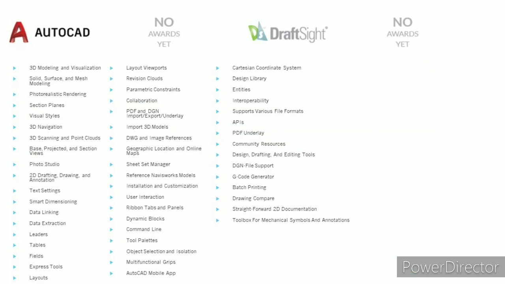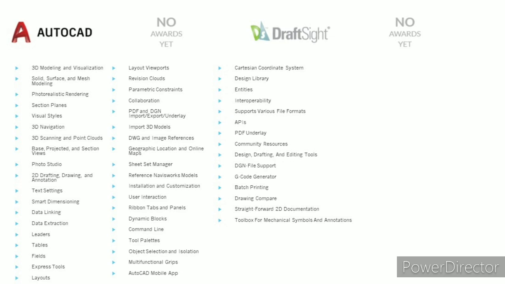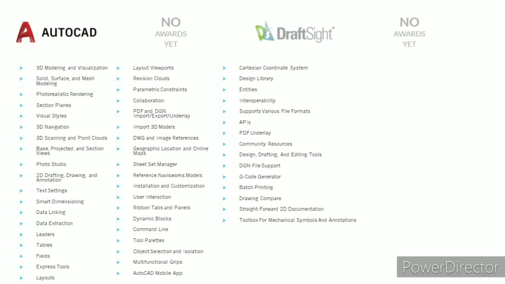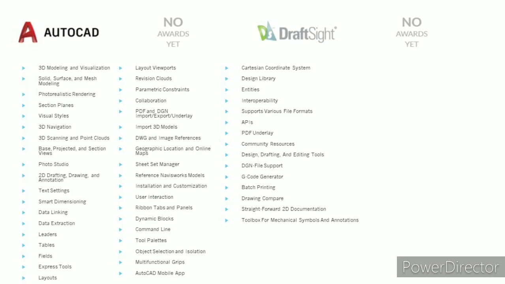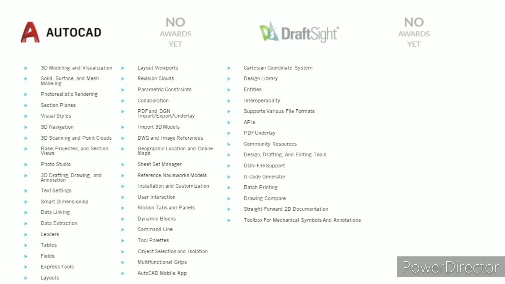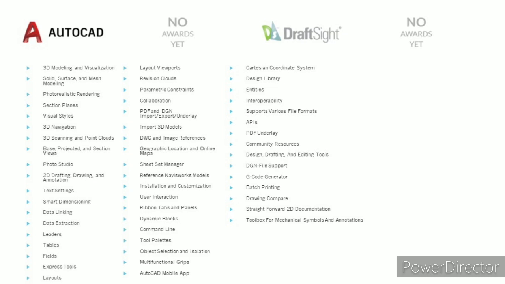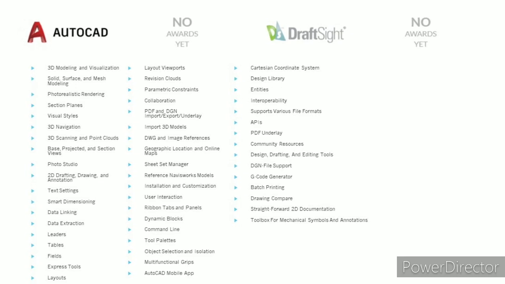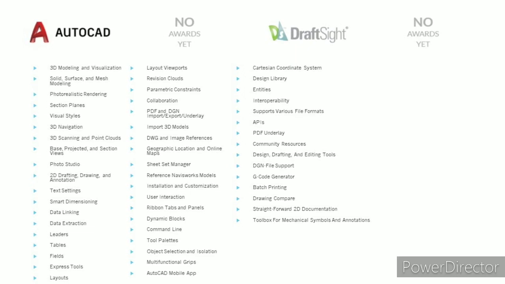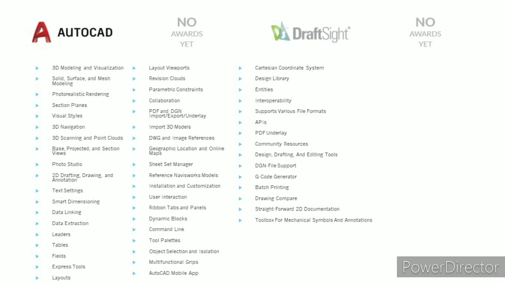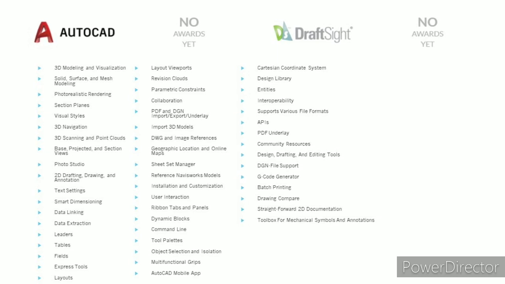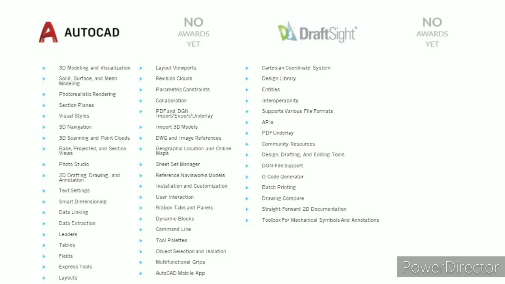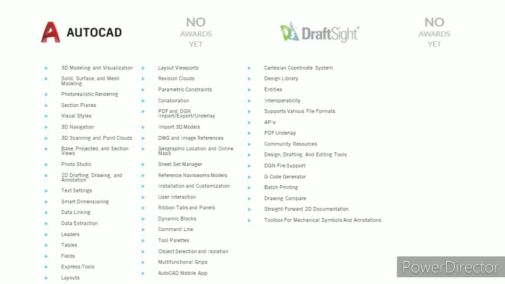Autodesk AutoCAD features. Main features of Autodesk AutoCAD are 3D modeling and visualization, photorealistic rendering, solid, surface and mesh modeling, visual styles, PDF and DGN import-export underlay, section planes, 3D scanning and point clouds, 3D navigation, photo studio, base, projected and section views, text settings, data extraction, data linking, smart dimensioning, layouts, layout viewports, leaders, express tools, tables, fields, parametric